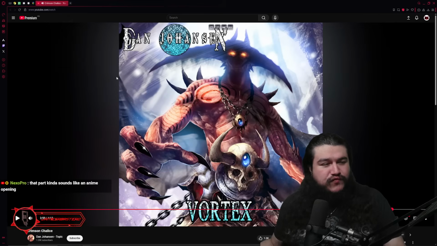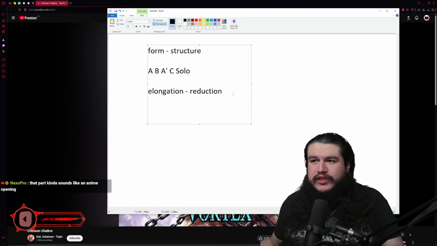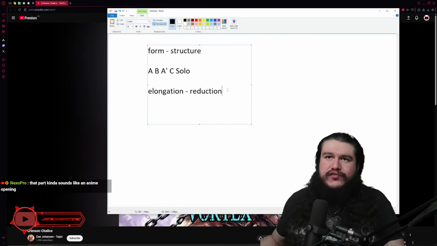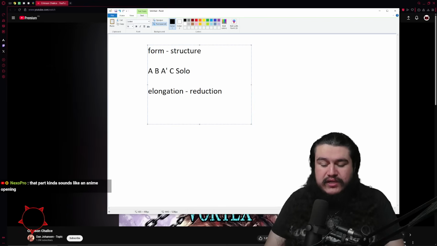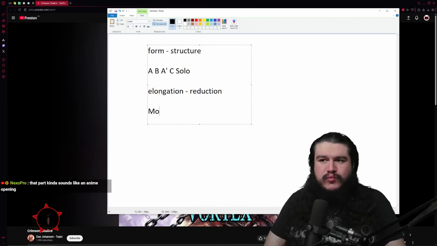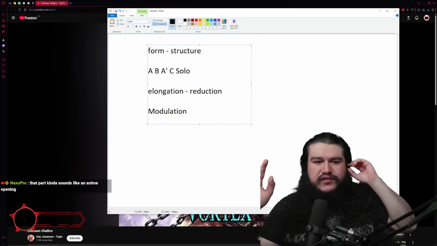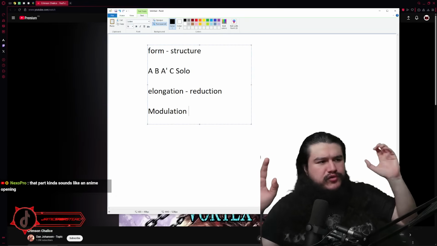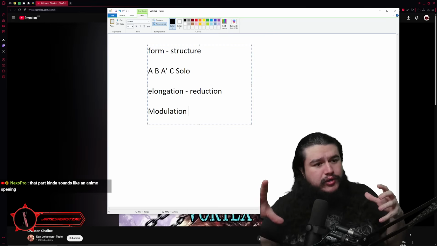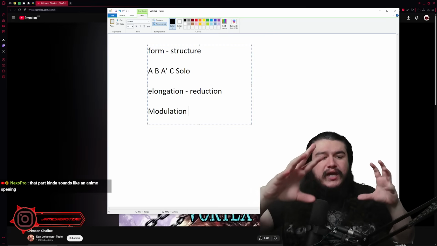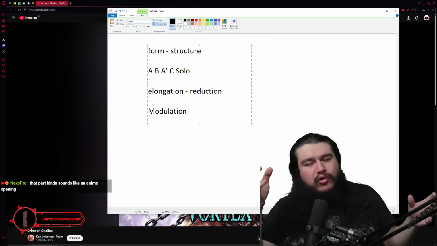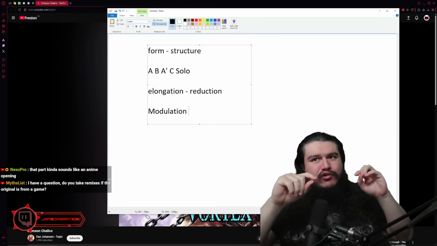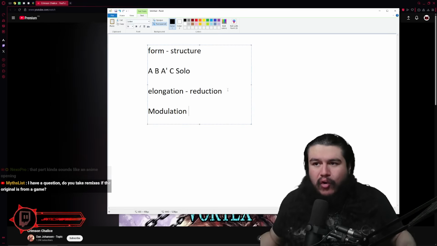Ooh, and we engage very quickly in what is called direct modulation. So modulation is changing from one key signature, which is your set of chords, to a separate key signature. And to change from one key signature to another, you need to engage in what is called modulation. Usually the short of it is that the different scales, as mentioned before, you know, the chromaticism and everything, are going to have different notes, and those different notes are going to give you different chords. And then modulation means that you're trying to find the common chords. If you're doing common chord modulation, you want to find common denominators to smoothen the transition between one another,